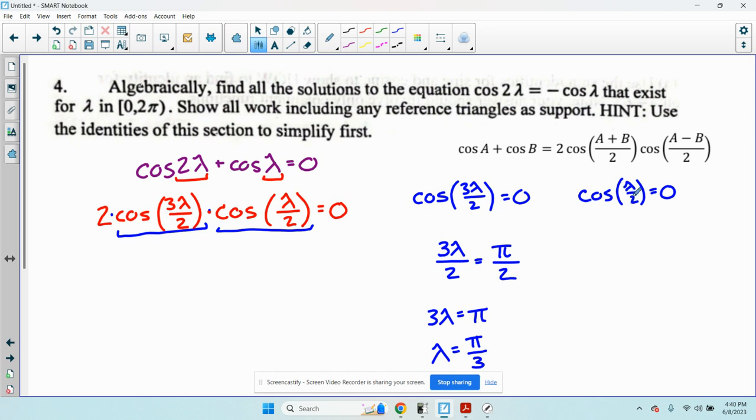Let's see this one as well. This is delta over 2 equals pi over 2. And here I get delta equals pi. So I have pi over 3